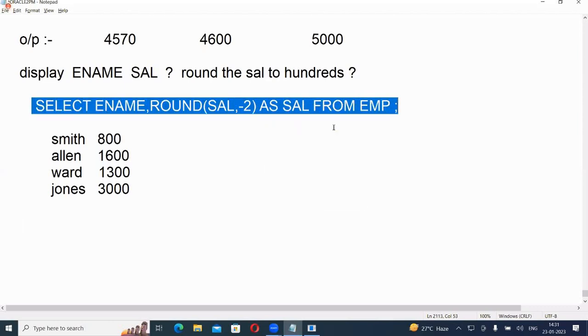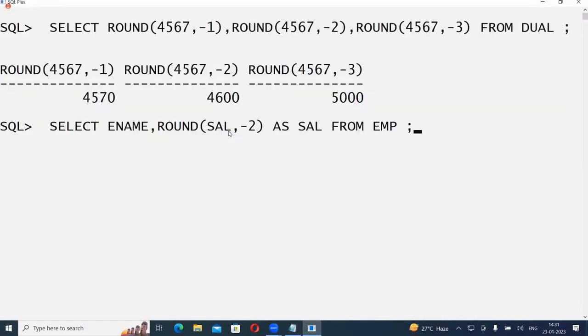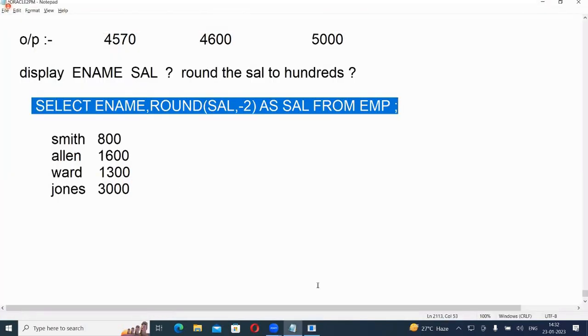Now, let me run this query. Every employee's salary is what, sir? 800, 1600, 1300, 3000, like this. Martin also 1250. This is 2850. Okay, and every employee is